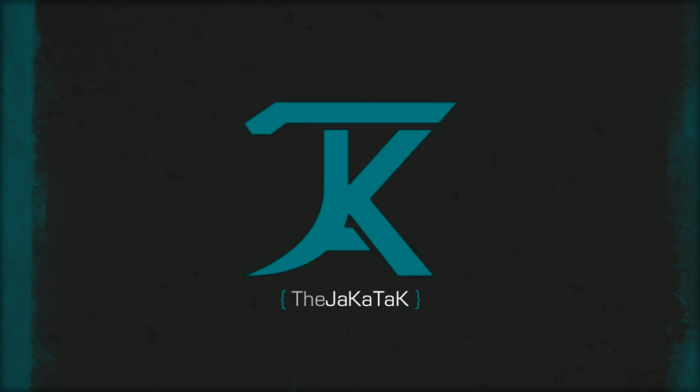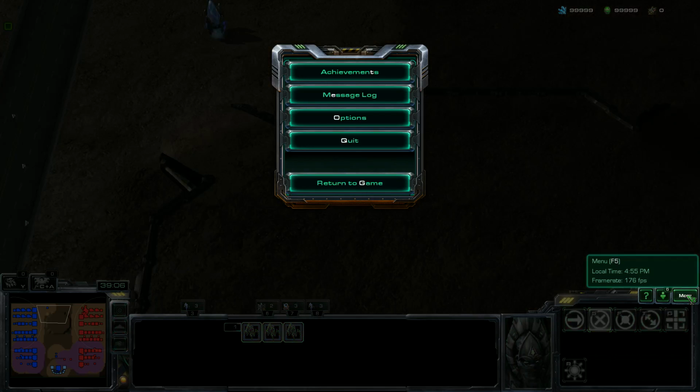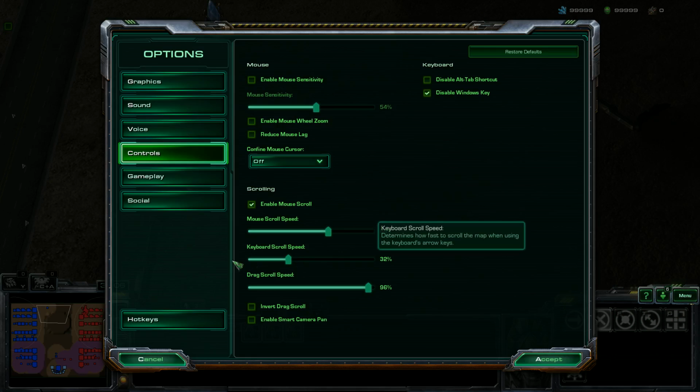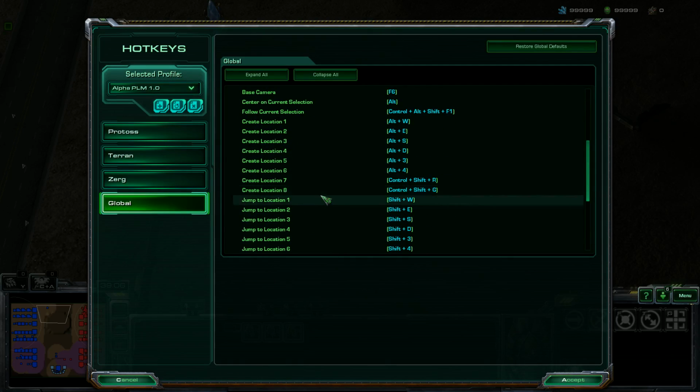Hello everyone, today we're going to talk about cameras. So, first thing we need to know for cameras is what buttons we need to press to set them up and to recall them. So we can go Menu, Options, Hotkeys, Global, Camera, scroll down, and we have Create Locations